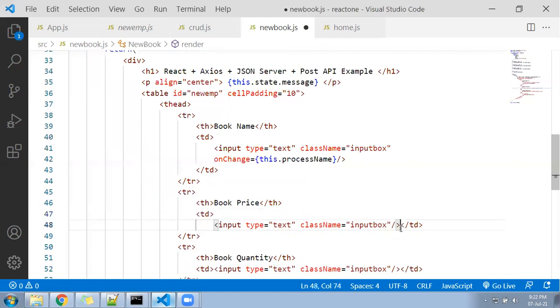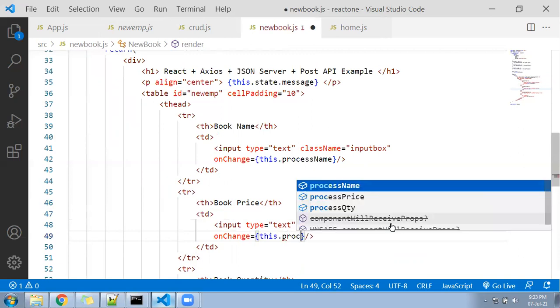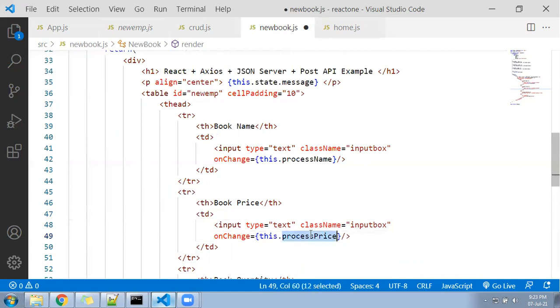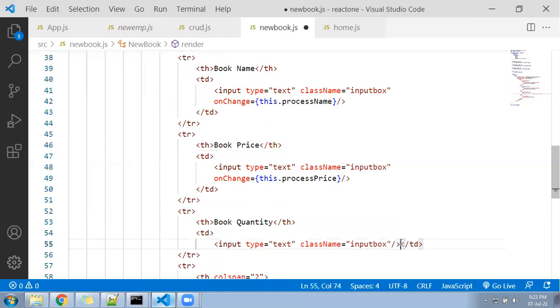That is your price, here onChange equal to, you can call here this dot process price. Another function we have, process price, that will take care of taking the price field and pass to the state variable. Come down below, we have next, call process QTY.